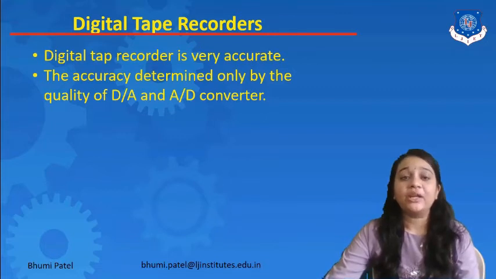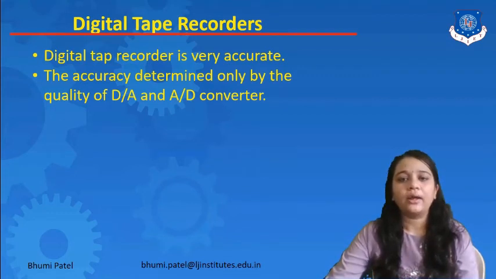Now what is the DSO? It is the digital storage oscilloscope. It is generally used as a storage element, and the DSO uses the digital storage technique, while in the analog storage CRO, special CRTs called storage CRTs are used. In this technique, the waveform is stored digitally in the digital memory and retrieved for display on the oscilloscope. So the digital recorders are more accurate compared to the analog recorders.